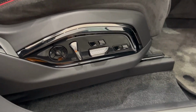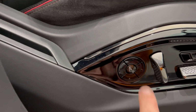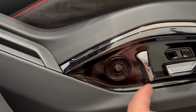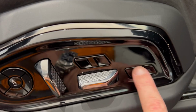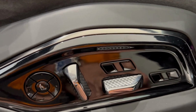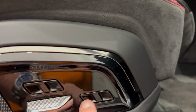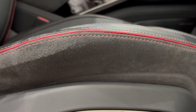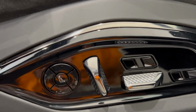Just a quick overview. There we go. We also see the controls on the driver's seat, and there you have your various different settings for your seat, your massage functions, etc. Also beautifully done in a piano finish with silver inlay. Beautifully done on that would be on the driver's, and of course on the passenger front seat. Beautifully done on the side of, or the right hand side of your driver's seat. So there we go. So let's move on from there, and we'll move out and we'll open the door quickly,